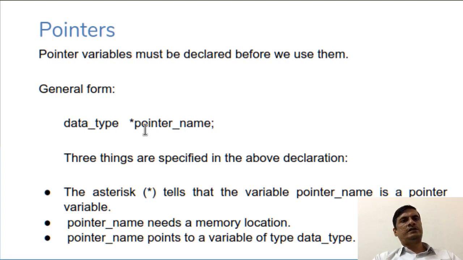Here three entities are involved. One is this star or asterisk operator, which we call the pointer operator itself, then the pointer variable's name, and the data type it is going to point to. Normally we understand the data type to be integer, float, or character, but void is also a data type. When you declare void star PTR, PTR is going to point to a void. You understand that in C language, even void is a data type. In a later part we will discuss the usage of void in pointers.